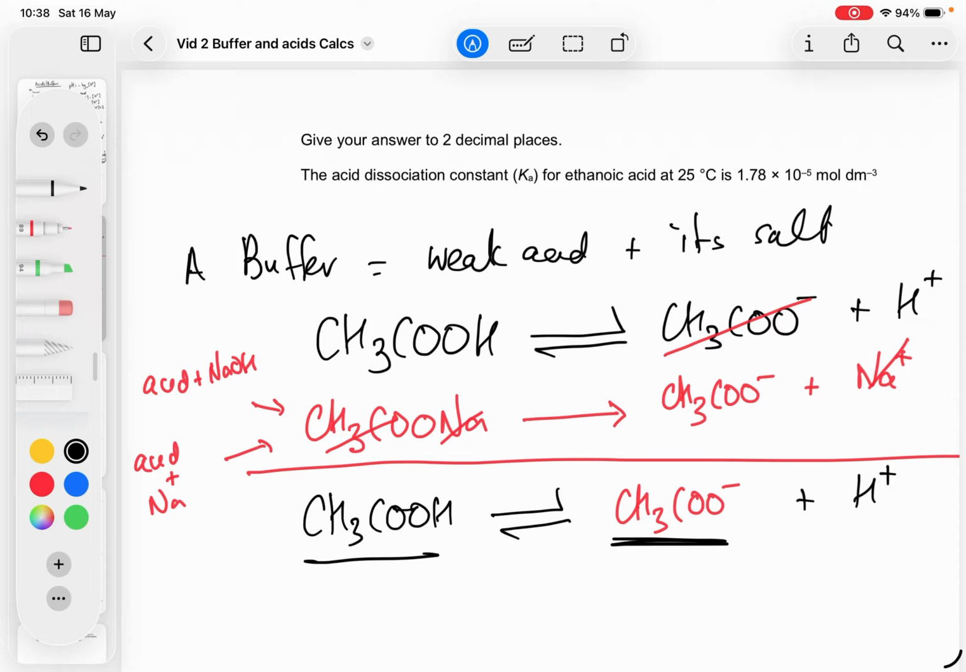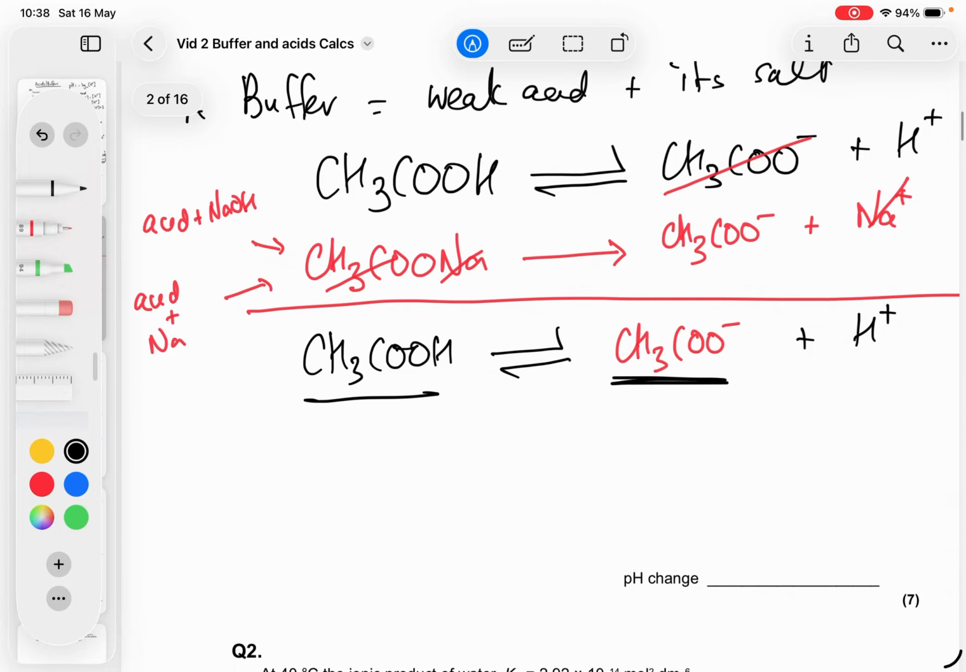In a weak acid, an acid dissociates into a salt or into the ethanoate ion, and then we make this assumption of the expression Ka equals [H+] squared. So that's the key thing. Now, if an acid is added to the buffer, then the equilibrium shifts to the right to remove the added